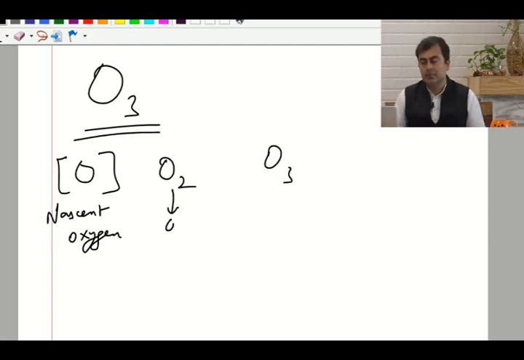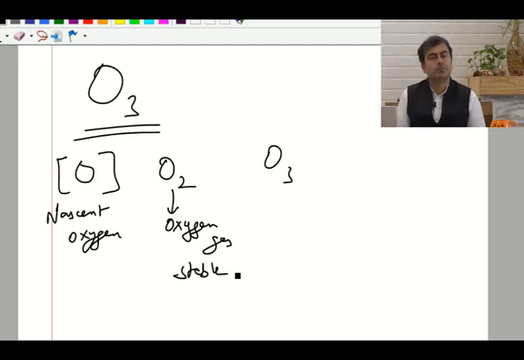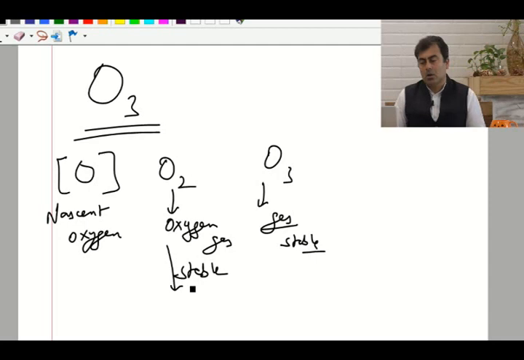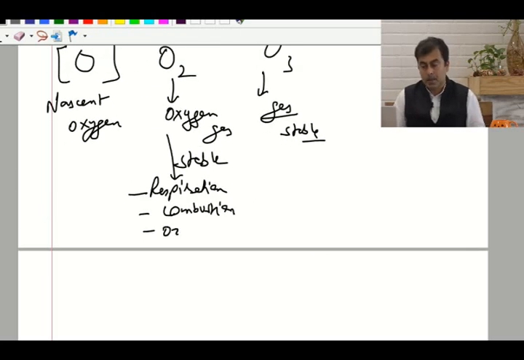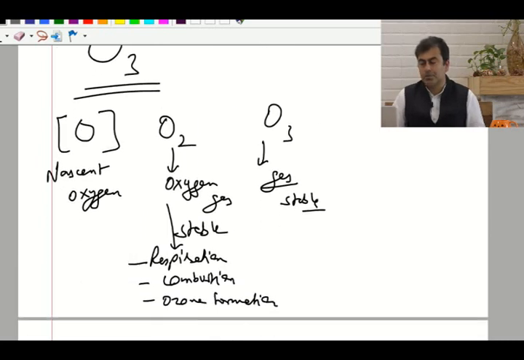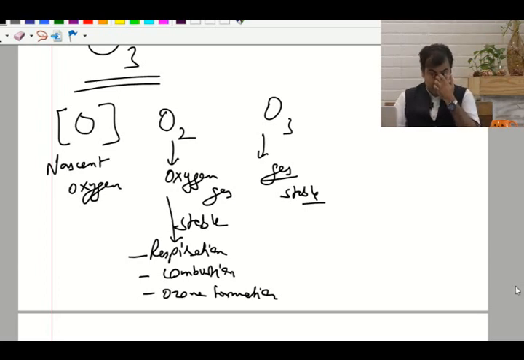Oxygen gas, stable, no problem. Ozone is also a gas, stable, no problem. What is the role? Oxygen का रोल है कीपिंग ऑल लाइफ ओवर देयर, सो रेस्पिरेशन, वी नीड दैट, कंबशन, और मैं तो कहूंगा ओजोन के लिए भी ऑक्सीजन चाहिए। कैन बी मल्टीपल रोल्स, बट कंबशन, रेस्पिरेशन, दैट्स वेयर वी नीड ऑक्सीजन, लाइफ के लिए चाहिए।